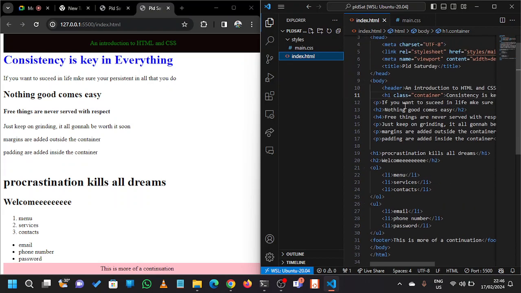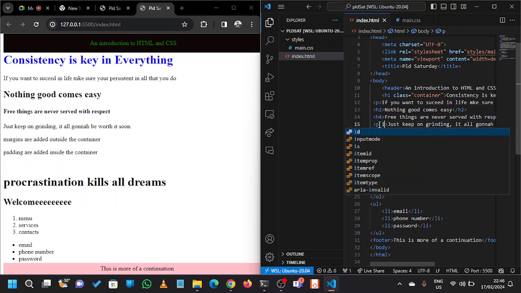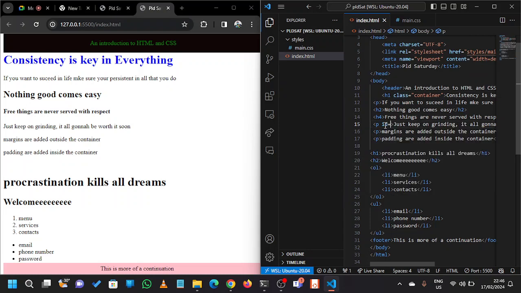Here's something else. Now let us try styling the second paragraph using an ID selector, so that we can see how both of them work. This first one is using a class selector, but for the second one, let us use an ID selector. You just give it an ID of, let's say, pag1, symbolizing paragraph 1. So we come here